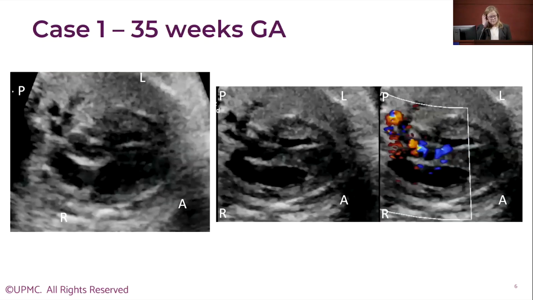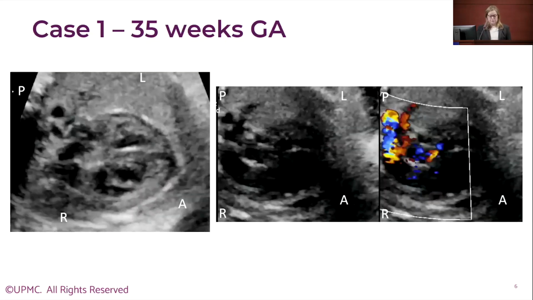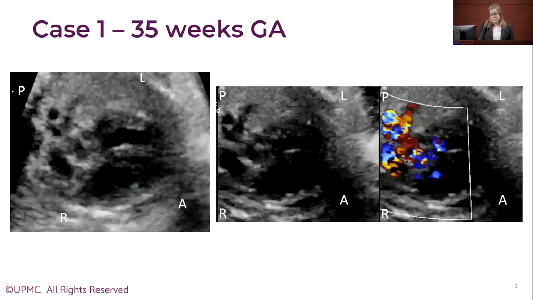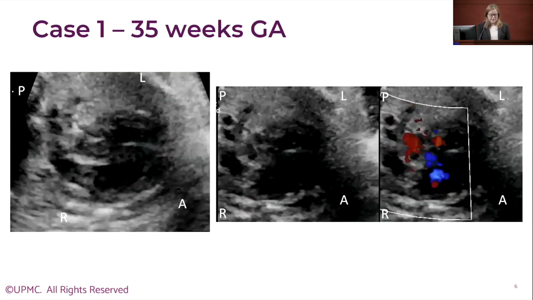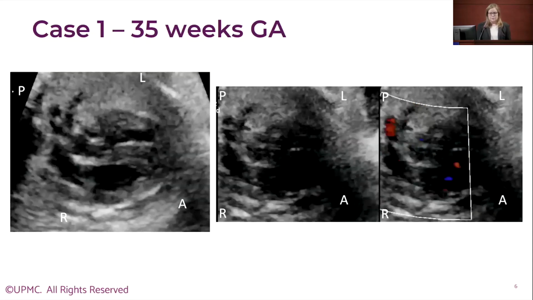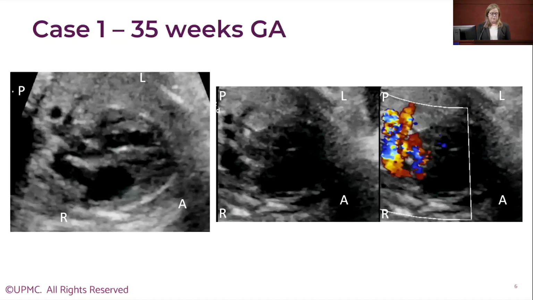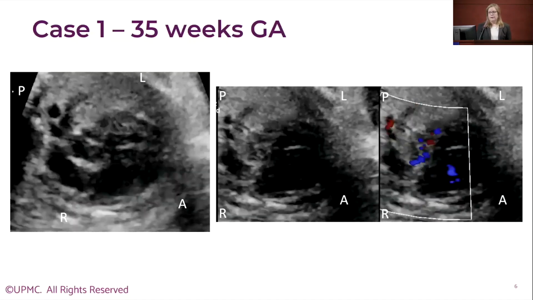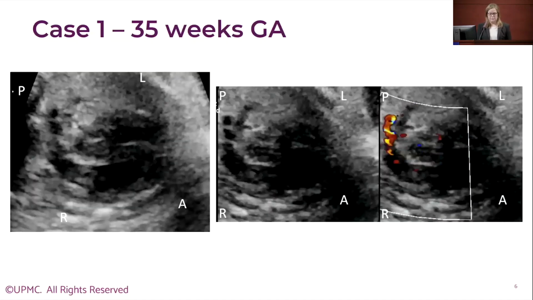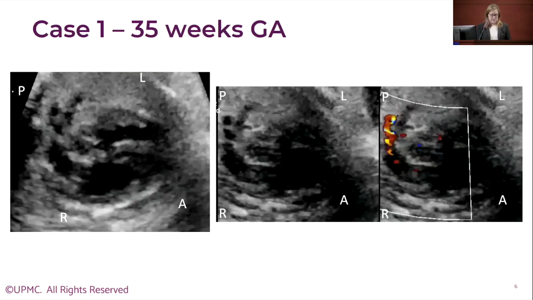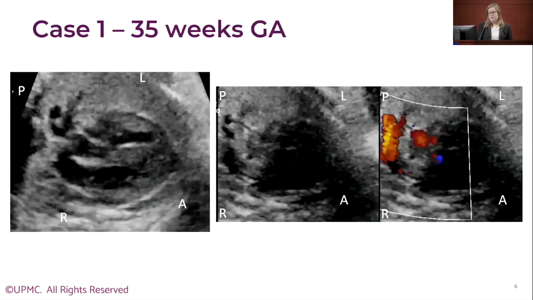This patient was counseled about the ductal dependent nature of this lesion and that prostaglandin would be started after delivery. There was a possibility of a need for a balloon septostomy after birth, but that if there was still limited pulmonary blood flow, concerning because of that reverse flow in the ductus,